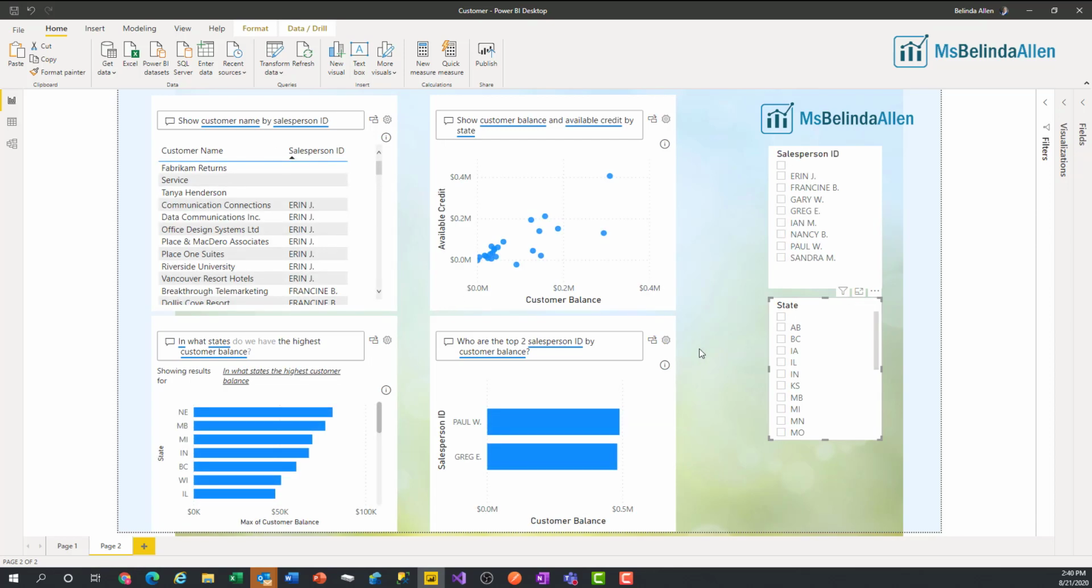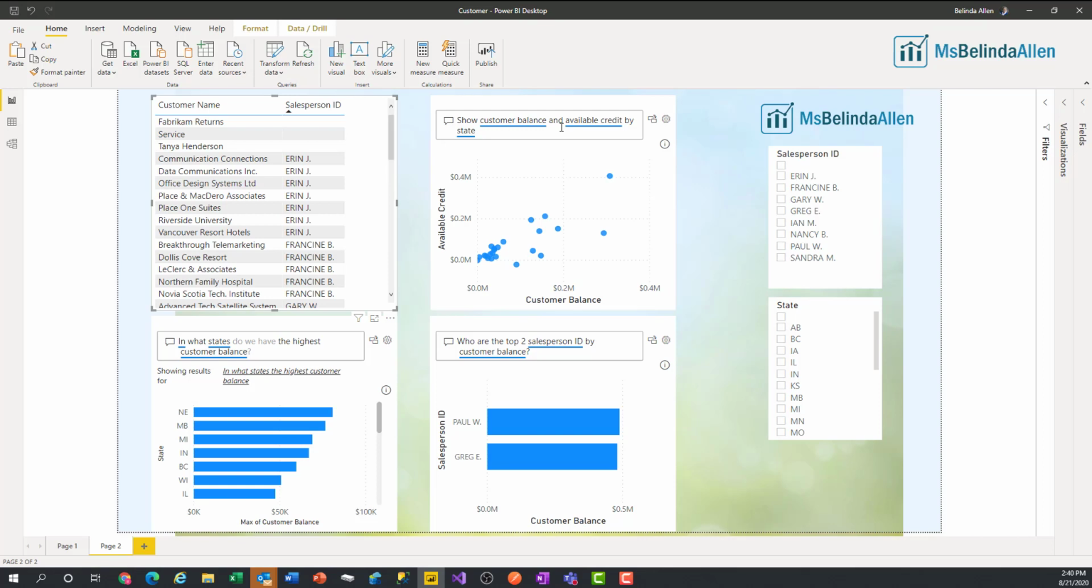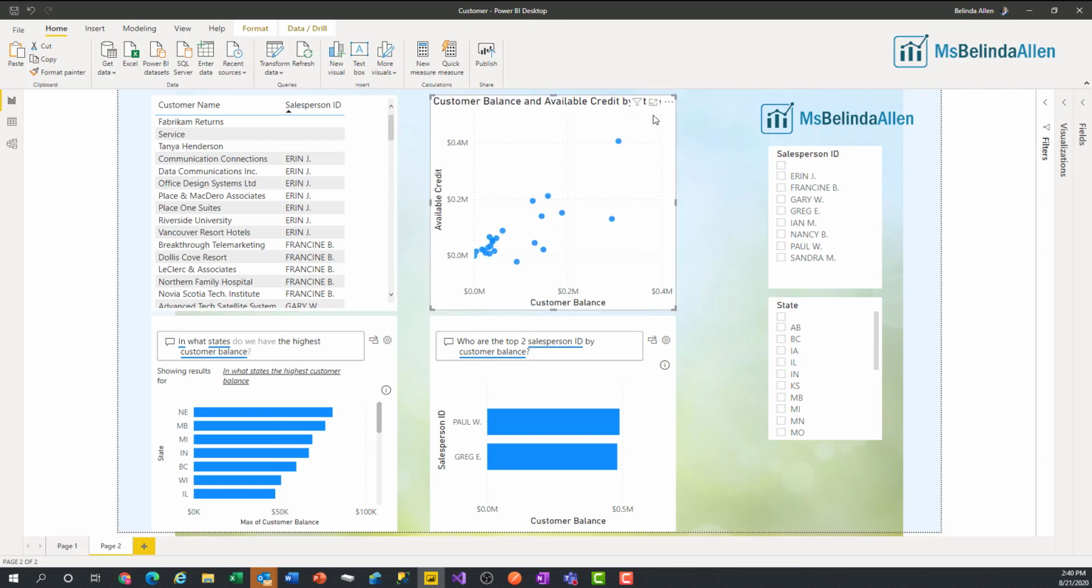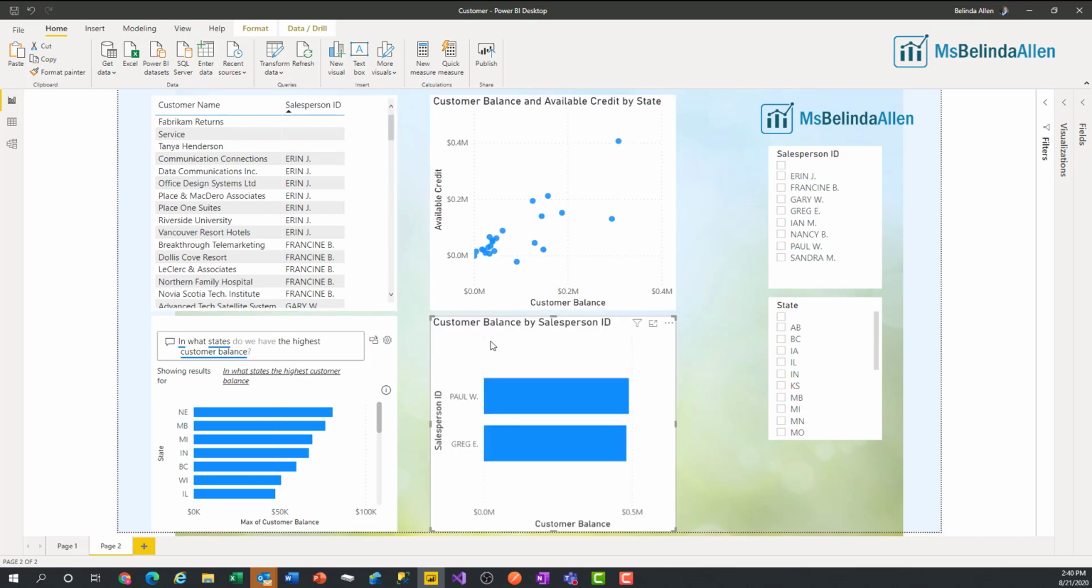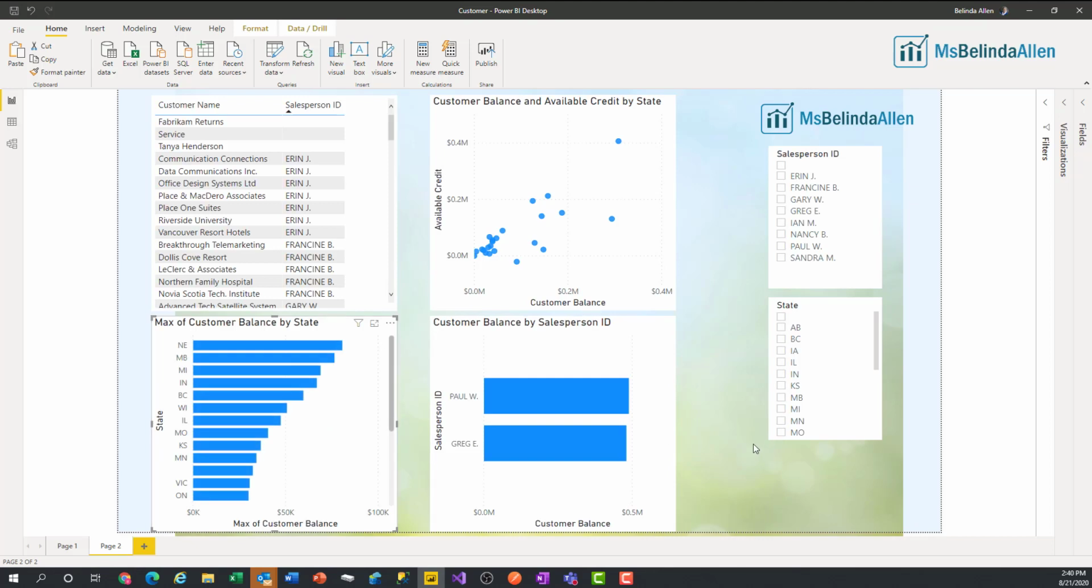Once your user is satisfied with what they're seeing, they could simply on each visual click on this option next to the tooling option to permanently add that visual to their page. And now they have a custom page that was built